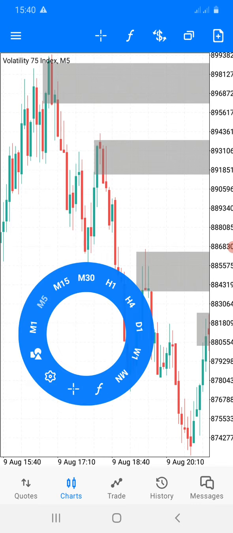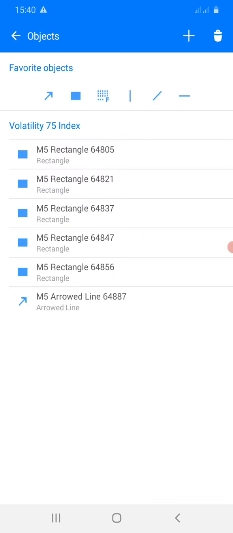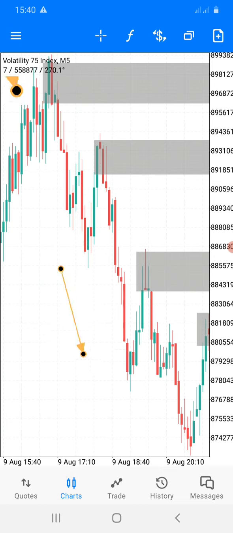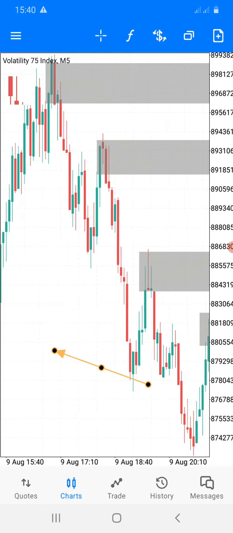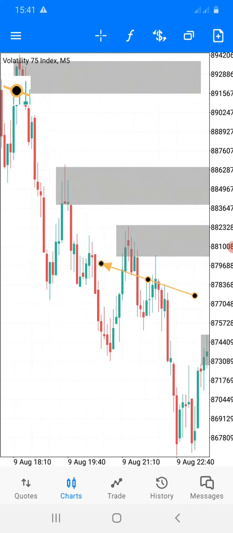So we'll begin by, now that we have identified our structural point, this is our high and this is our low. Let's identify those points one more time by using our arrow. At this point, this is our high, this is our low, and then we have a lower high formation, and then we have a lower low formation, then we have a higher high formation here, and then a lower low formation, then another lower high